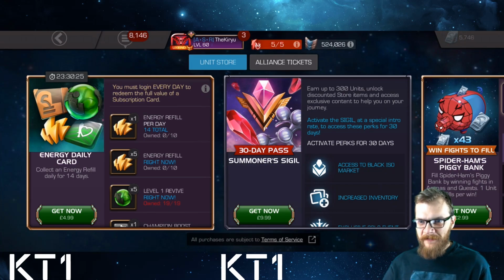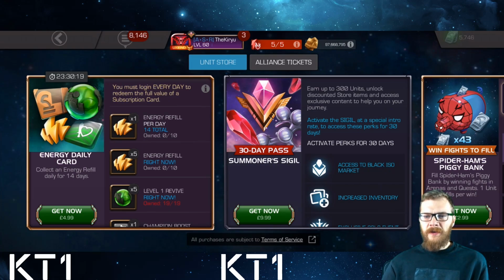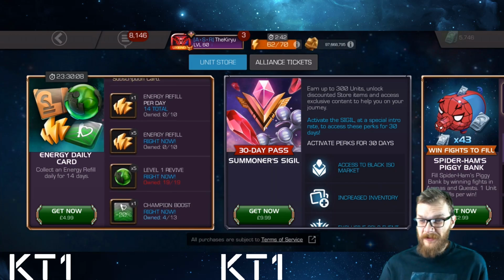Then you get 5 level 1 revives, which, if you do not want to count them as a 40 unit item, which is a level 2 revive, then let's say count it as a 30 unit item, and that alone would put it at 150 units. So the total value of this bundle is above 700 units for the price of 135 units. So again, I am not typically one to offer reviews, but this little thing offers an incredible amount of value